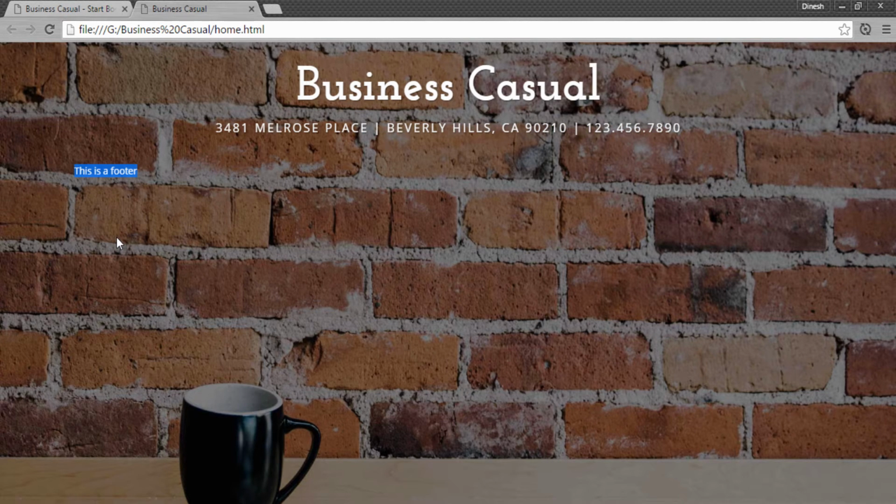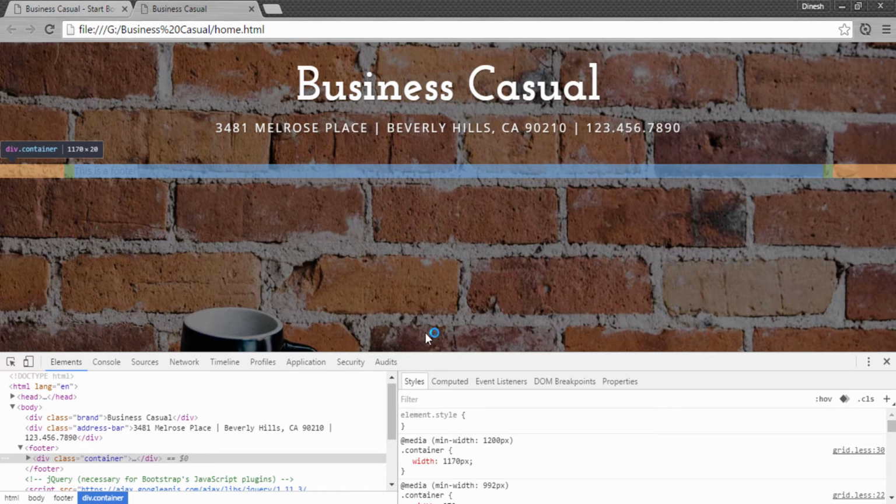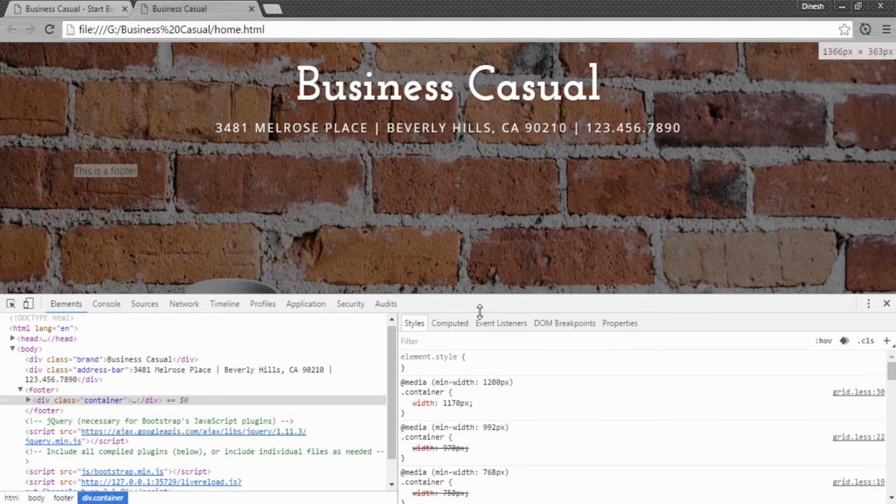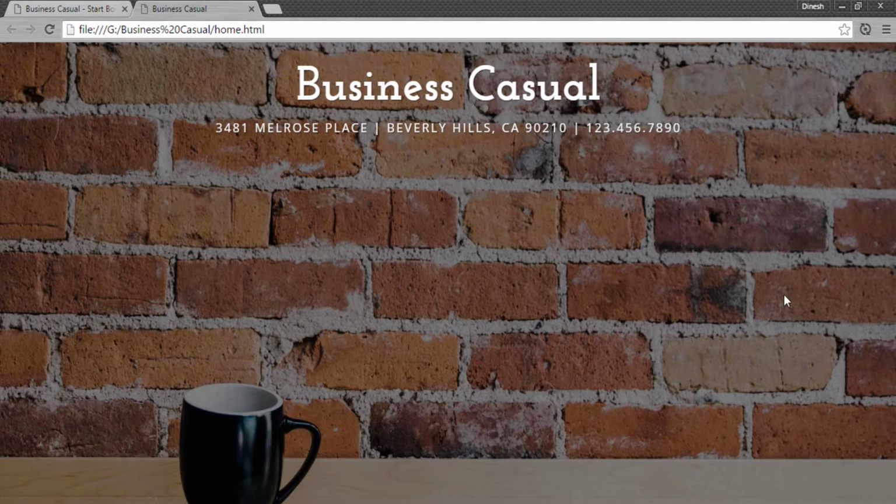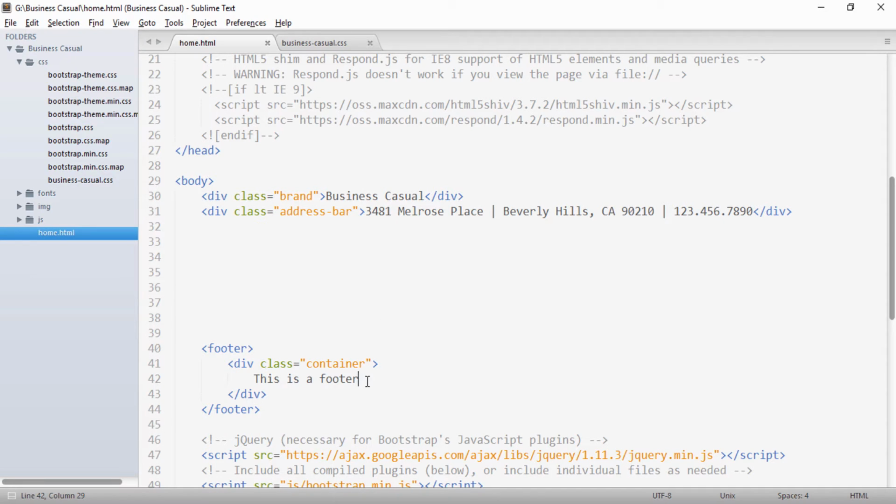If I inspect this, you see that the width of the container is 1170 pixels, and it depends on the media query applied. When the browser width is more than 1200 pixels, 1170 width is applied, and when it's different, a different sort of width is applied. So what we'll do is use the grid here.